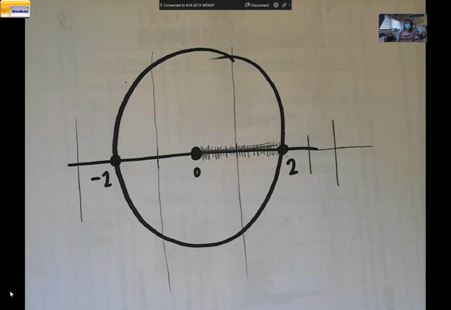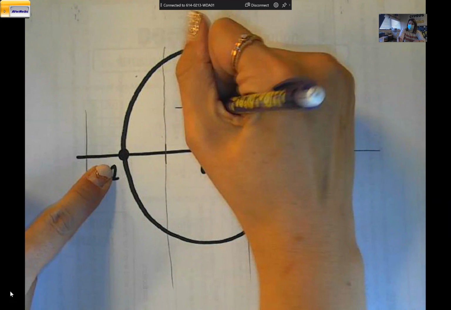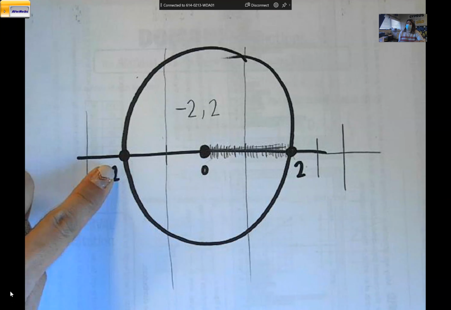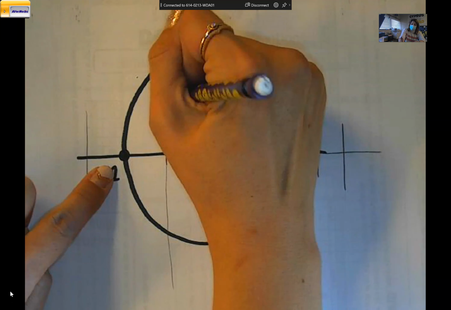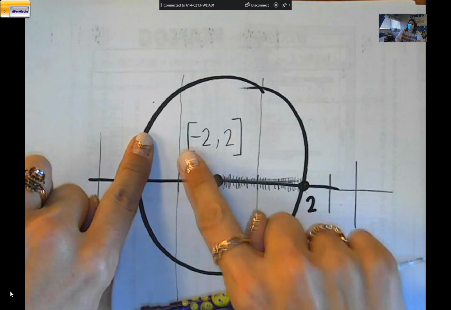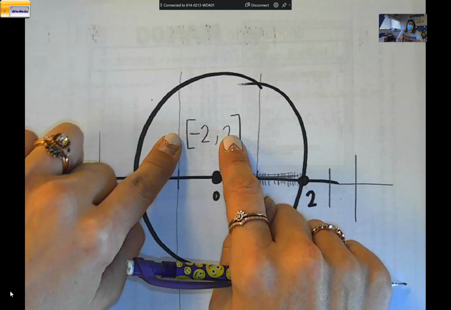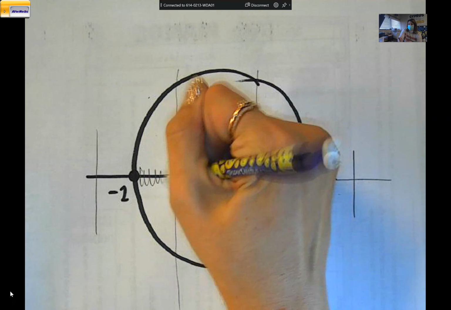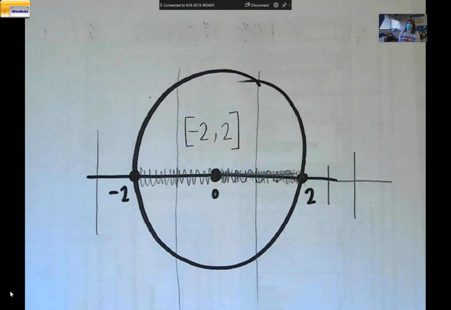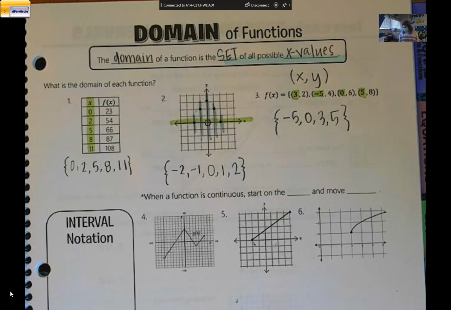So instead, what we do is we write a shorthand for what x can be. So in this case, we know that x starts at -2 and goes all the way to 2. And the shorthand is that we would put square brackets around these two numbers. Square brackets mean x can be any number from -2 to +2. So x can be any number that's on this number line between -2 and 2. Okay, so let's look at our examples then